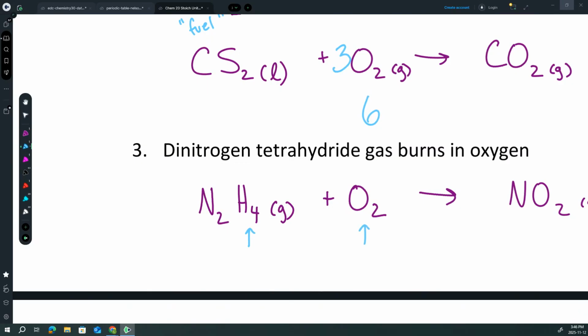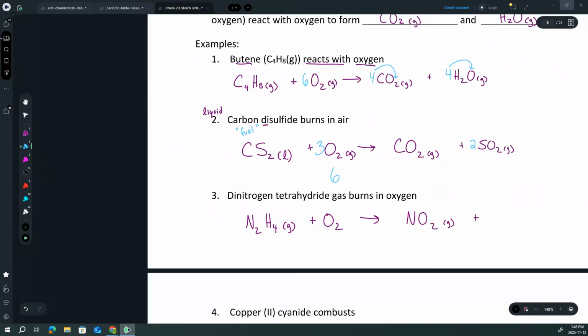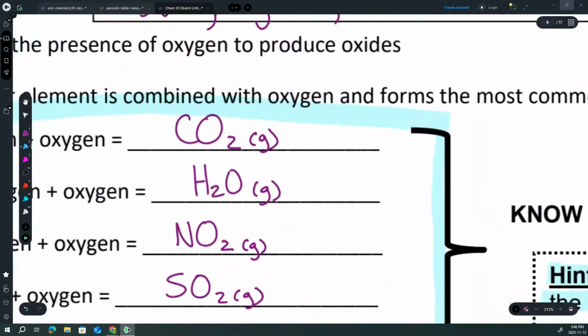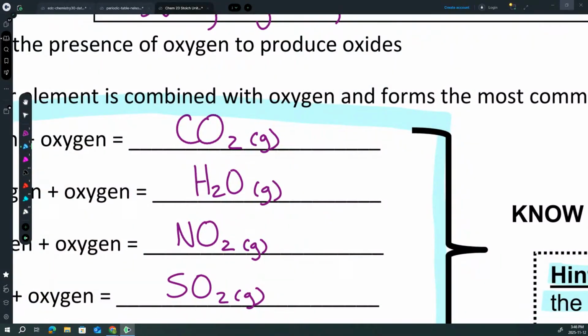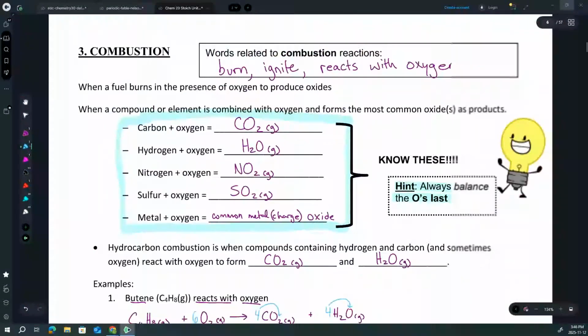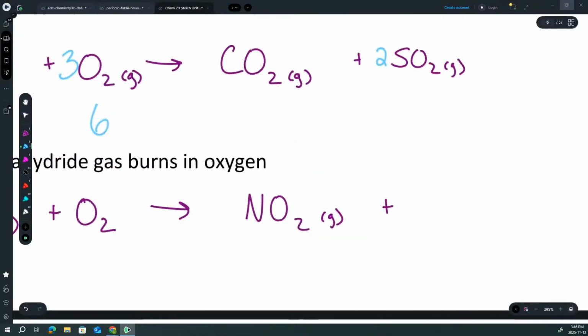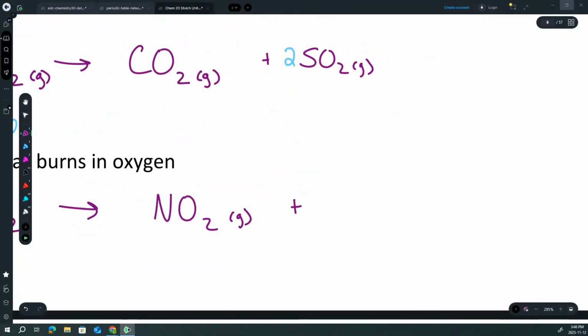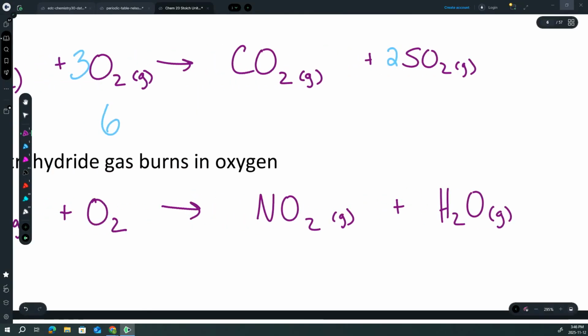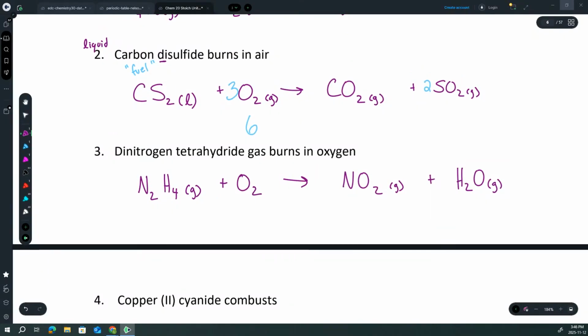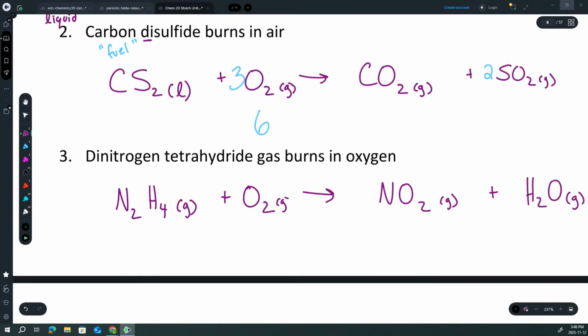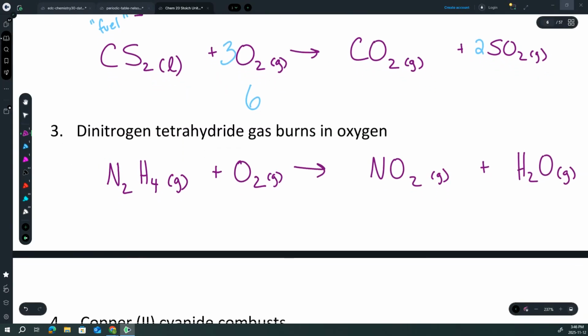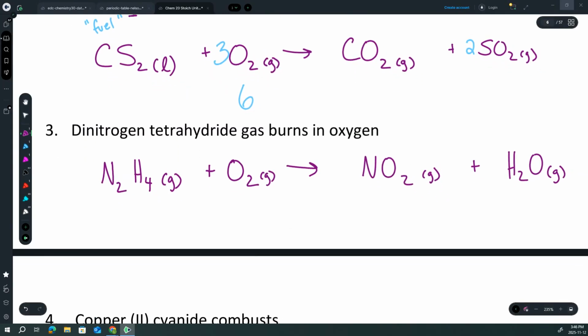The most common oxide that hydrogen can form with oxygen, well, that's going to be water vapor. Oh, let's write that state right there. Okay, now we move on